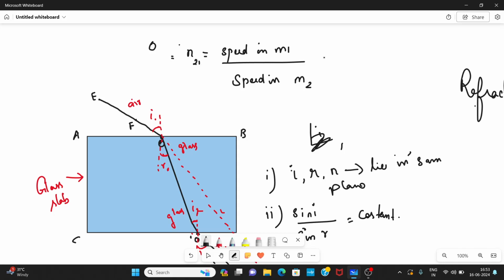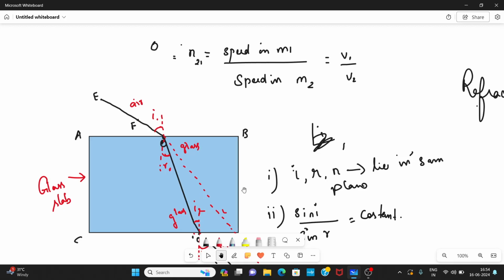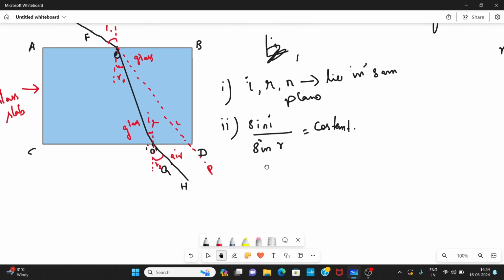So what is the speed of light in M1? That is the speed of light in air, V1. The speed of light in M2, medium 2 is glass, so it will be V2. If you observe at point O dash,